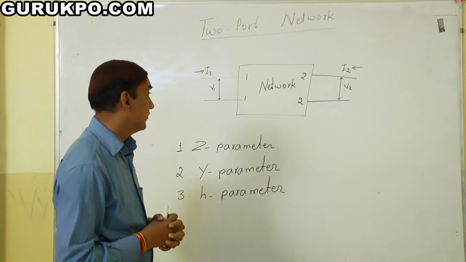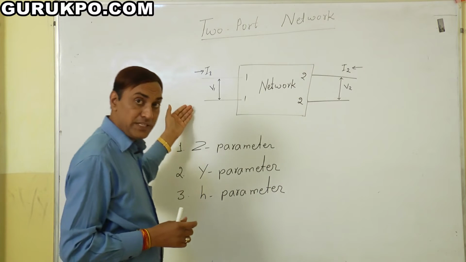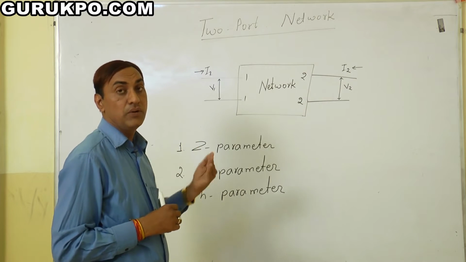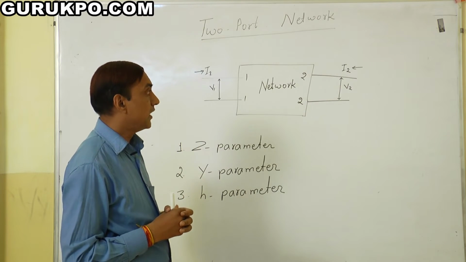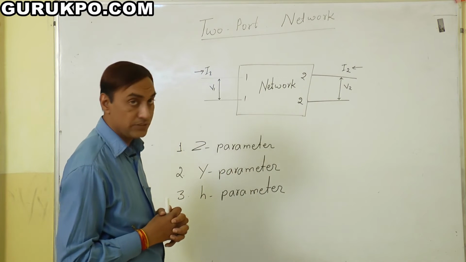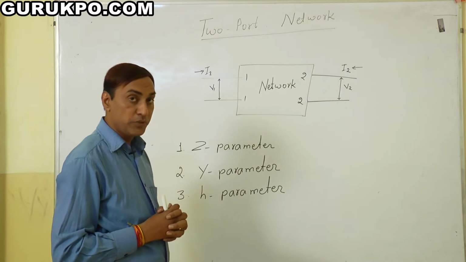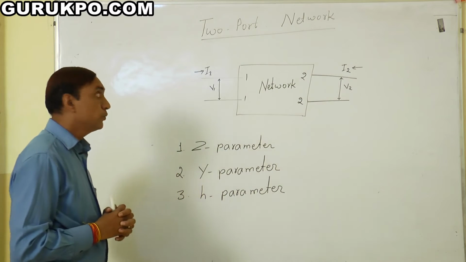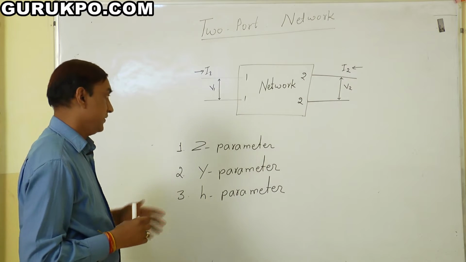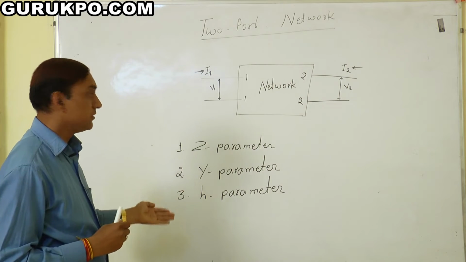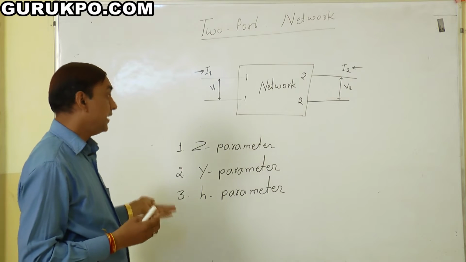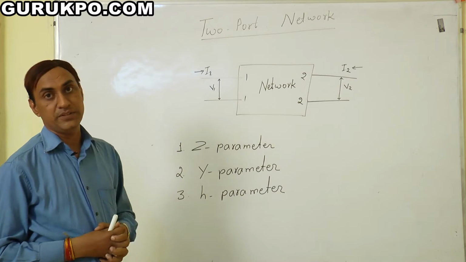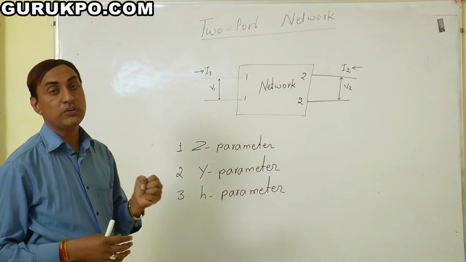In two-port networks, we also look at the input impedance. This is the input impedance, or say Z1. Z1 means the value we enter on the input side, and on the output side, or second side, we also see the output impedance. This is Z2. We also classify two-port networks in three categories. The types of required parameters in the two-port network are Z parameters, Y parameters, and H parameters. These parameters define the two-port networks.